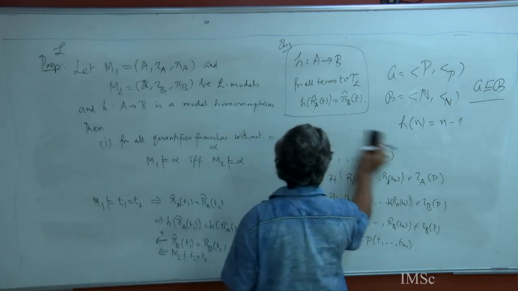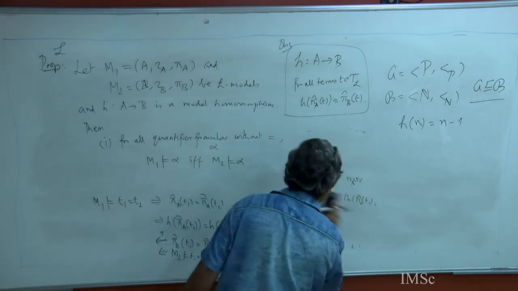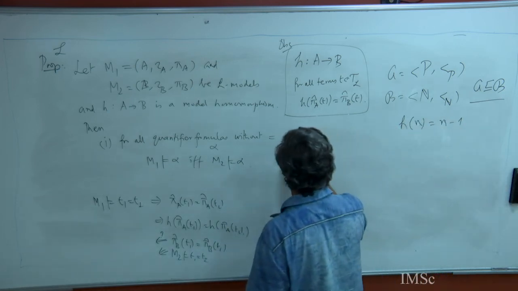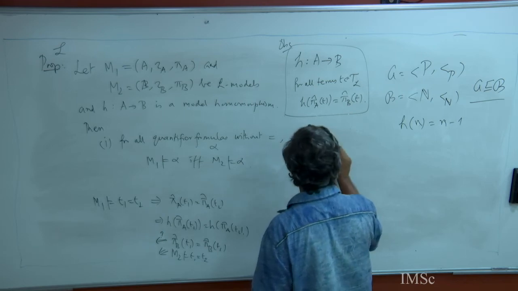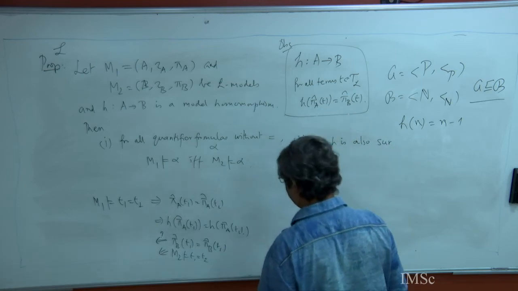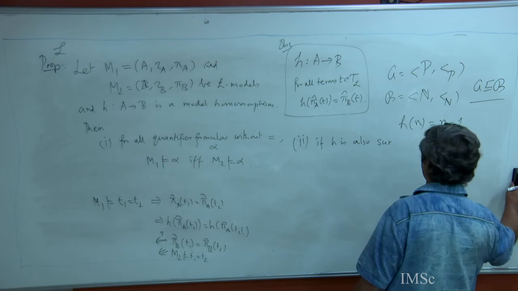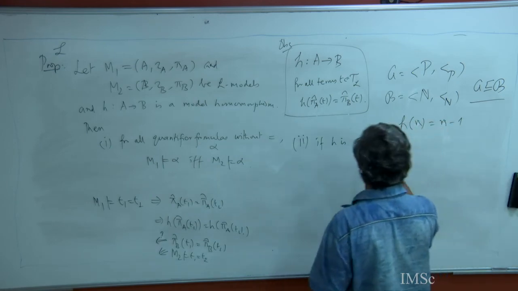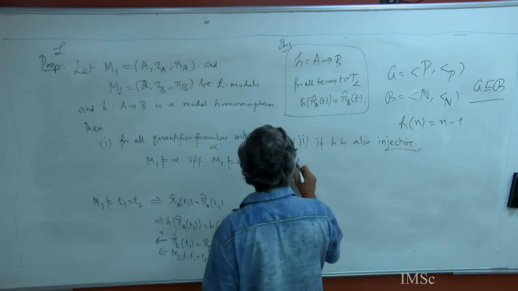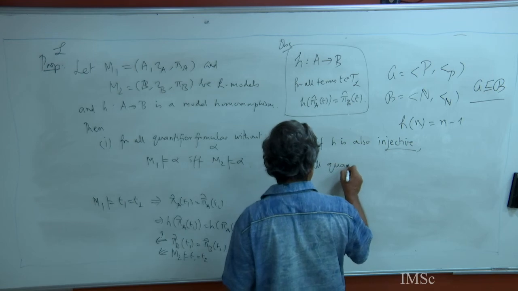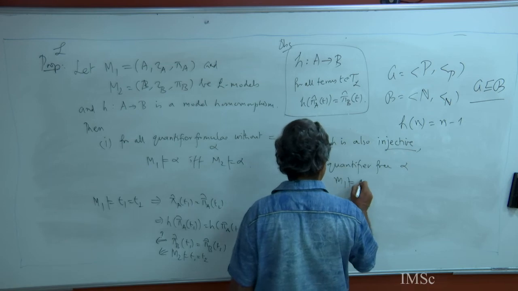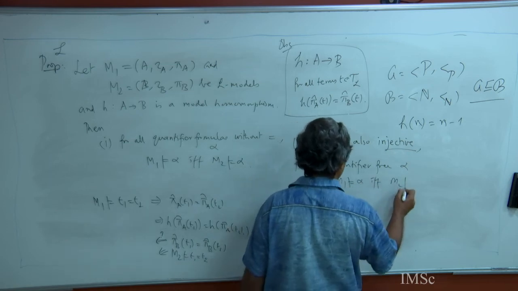So, now I can write, thanks to Swapnil for pointing out exactly what is needed. 2. If H is also surjective, no, sorry, injective, one moment, H is also injective, then for all quantifier free formulas alpha,